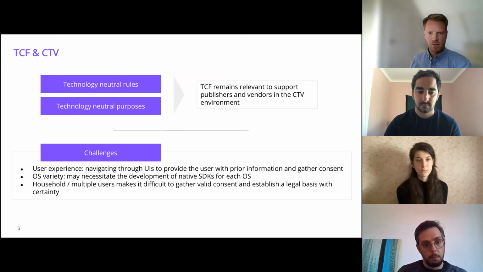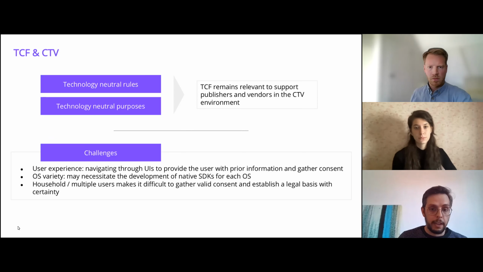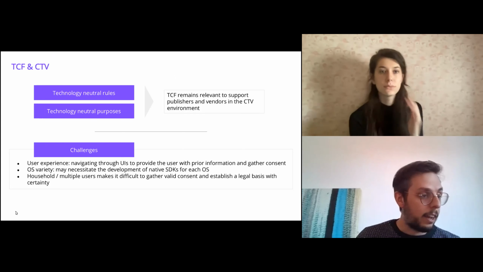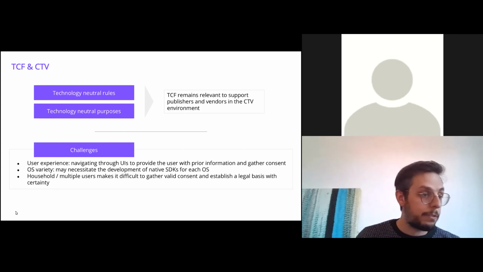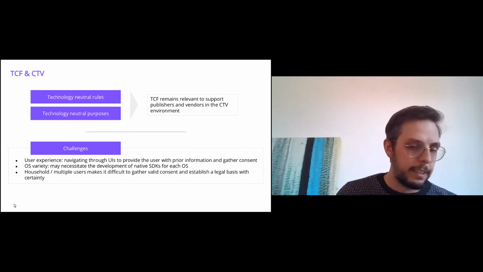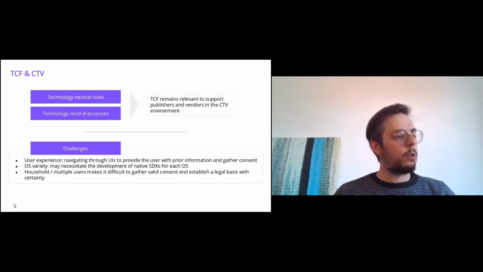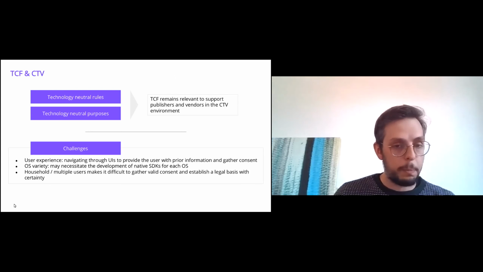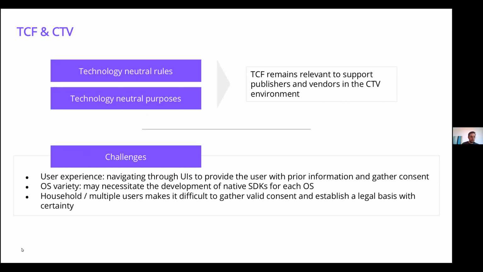Similarly, the reasons for which data is processed in the ecosystem also remain the same in the CTV context. So there is delivery of ads, ad or content personalization, or ad and audience measurement. These things are not fundamentally different just because we are in the CTV setting, and vendors will still be carrying out that processing towards those purposes and delivering that to publishers in the CTV context. So again, TCF reflects these very reasons for processing and therefore remains relevant to support publishers and vendors in the